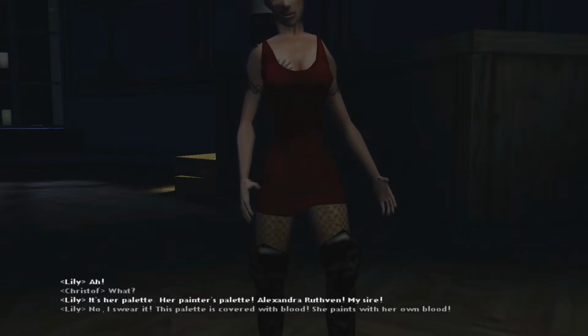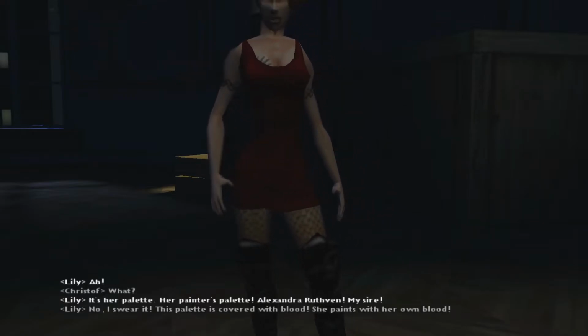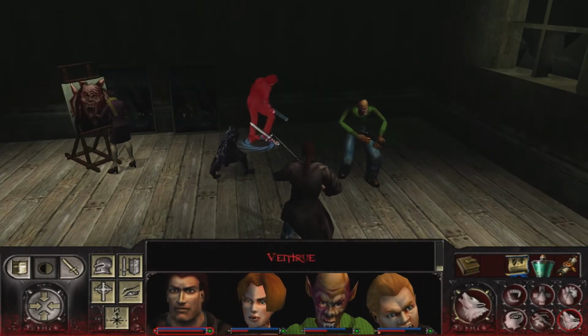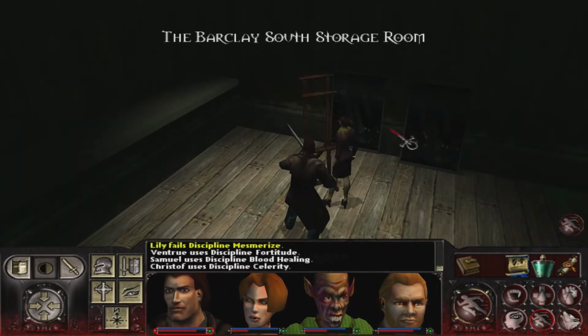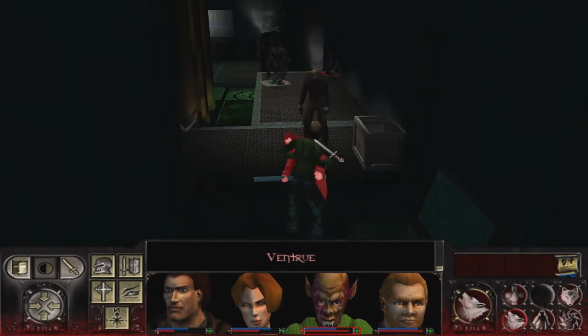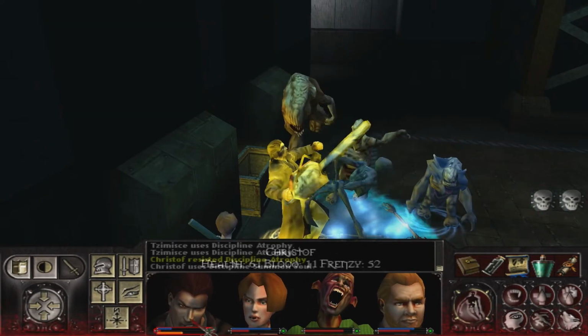Weirdly enough, it seems as if Lily's sire was here, so we find her and fend off the Ventrue that are after a painting she is working on. We take it and gain access to Orsi International. There's nothing new to say, just grind battle after battle until...